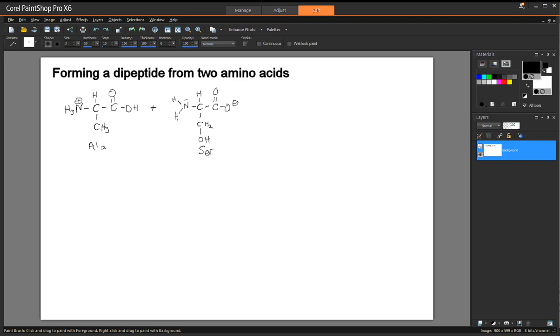Okay everyone, welcome back. I'm going to try to show you how to form a peptide bond from two amino acids in this video. And this is essentially the same mechanism as the formation of an amide from a carboxylic acid group, in this case on this amino acid here, alanine, and the free amino group of a second amino acid, in this case serine. So that's the R chain of the serine, and this is the R chain of the